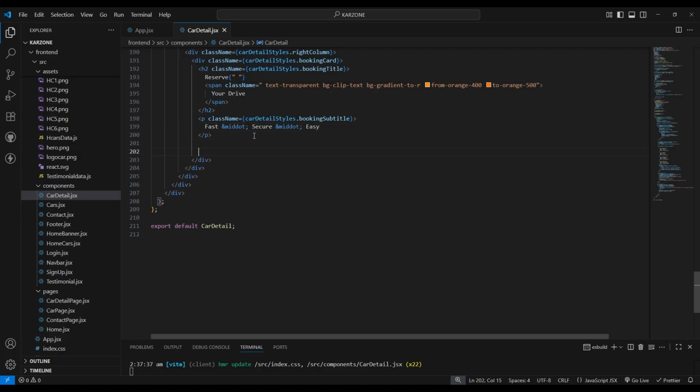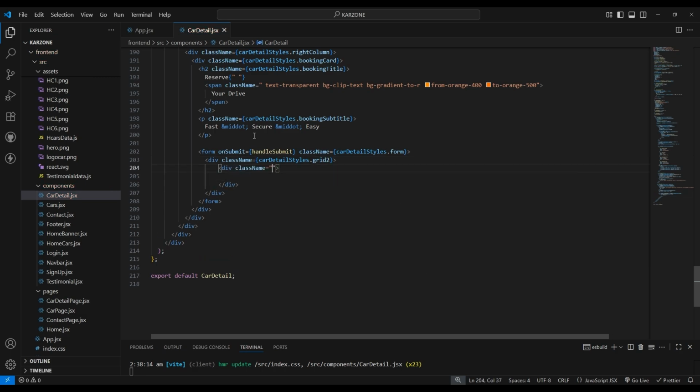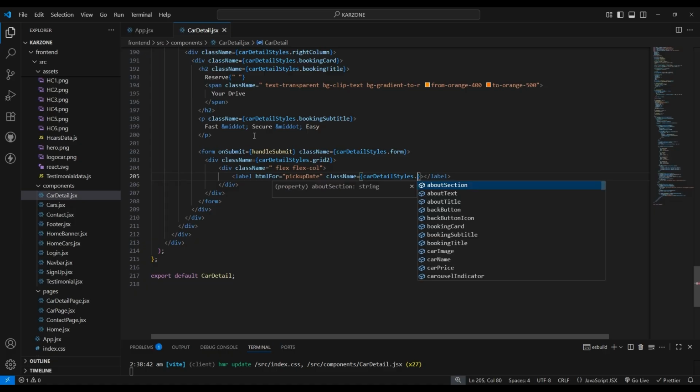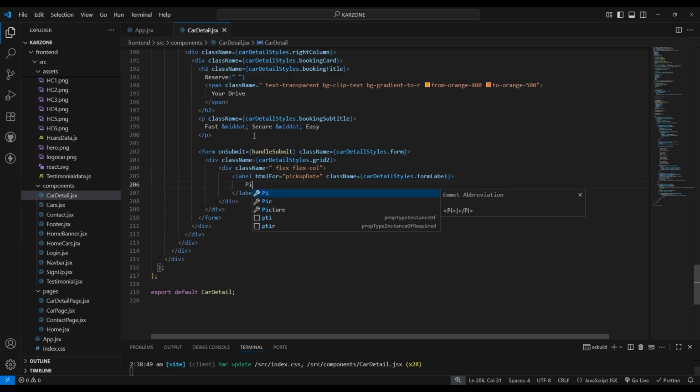Then after this paragraph, create a form tag, and inside this form tag, just type here onSubmit property, it will be handleSubmit. Then give class name to this form tag, it will be carDetailsStyles.form. Then let's create a div tag, give class name, it will be carDetailsStyles.grid2. Then another div tag, give class name, and it will be flex-col. Then a label tag, and in htmlFor it will be pickupDate, give class name to this label, it will be carDetailsStyles.formLabel, and inside this label just pass this Pickup Date here,